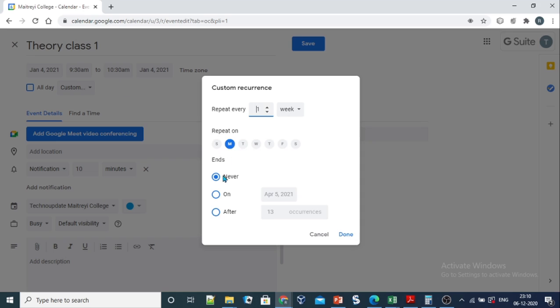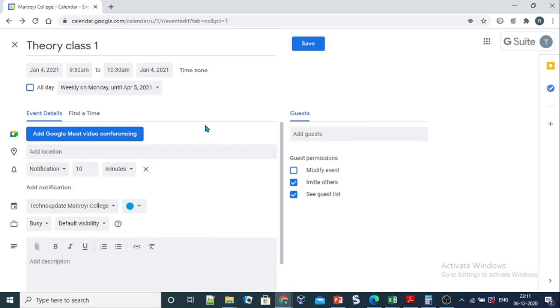It is also asking us when to end these classes. So we can select the date by clicking on the On option and selecting the particular date when our semester ends. And then click on Done. So it's written here: weekly on Mondays until April 5, 2021. So we are trying to schedule our Theory Class 1 on every Monday of the week till April 5